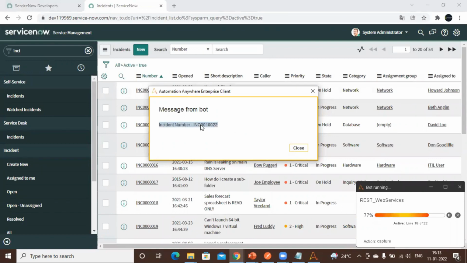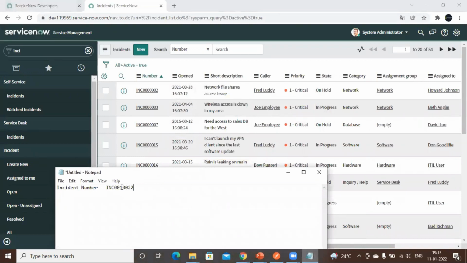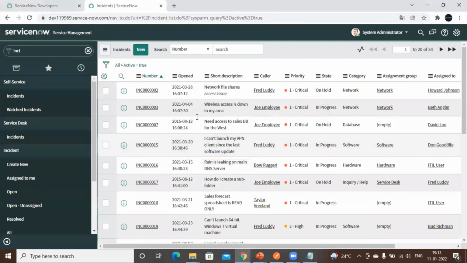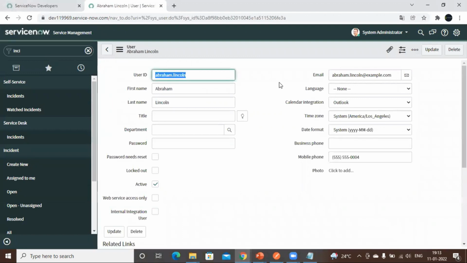So this is the incident we have created. I have just copied this so we can see. So I'm just keeping it here. It did not take a long time, it was created very quickly. So this is the information we just created. I have just shown you this normal command working from the front end. Now, to get the information,